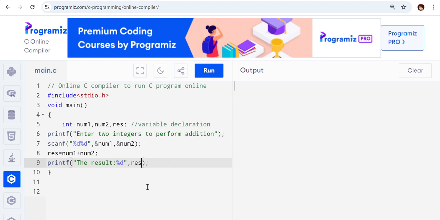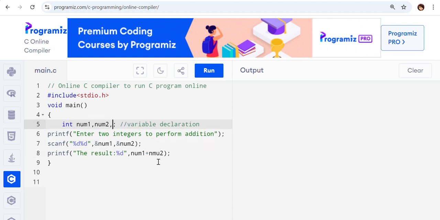Either you can just directly print the result by using the printf function, or you can just declare one more variable for result to store the result value, and then after storing that we can just get that value from the result and print it on the output screen. Both will work actually. Before, like I did now, we will try this, then later on you can just work with a third variable. So we'll see the output now.